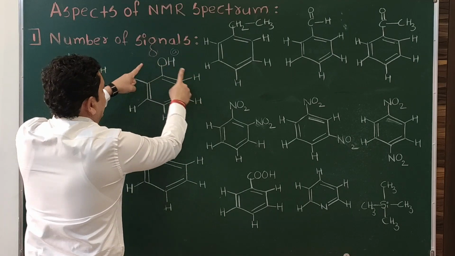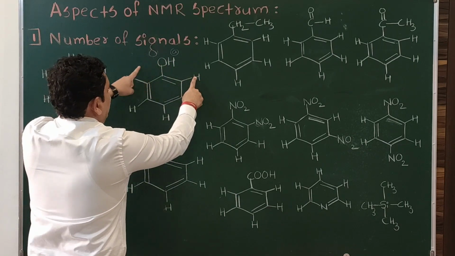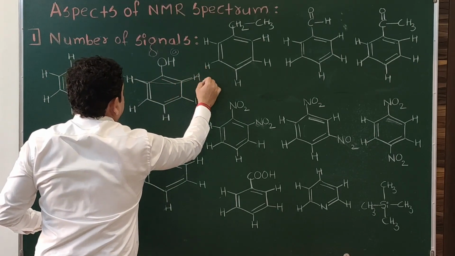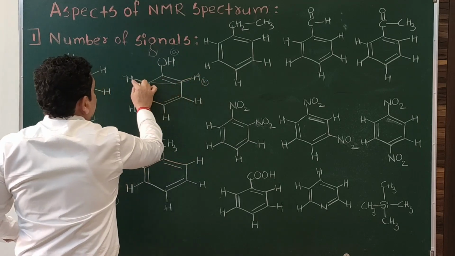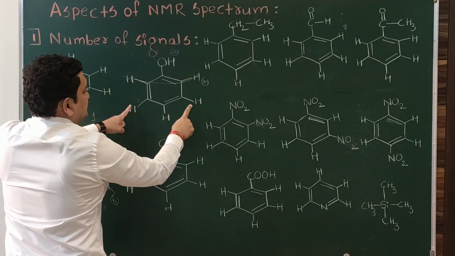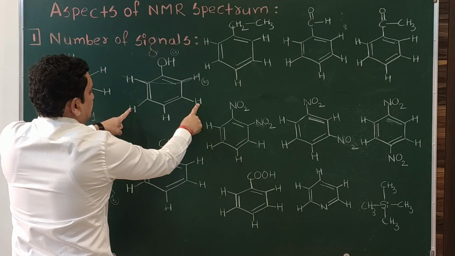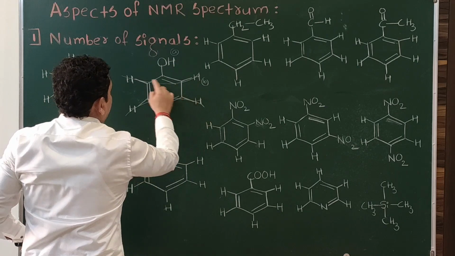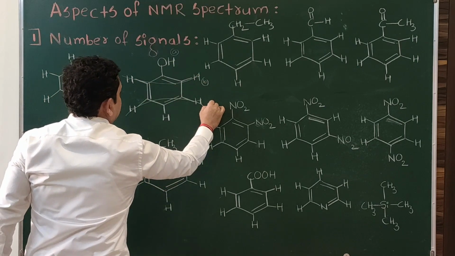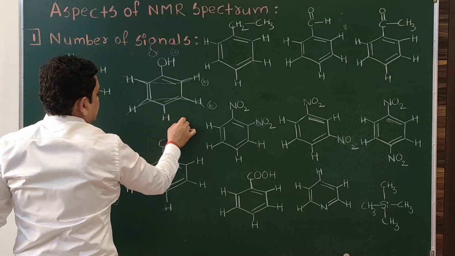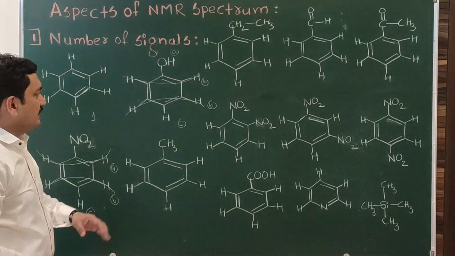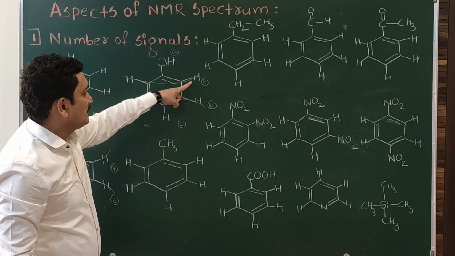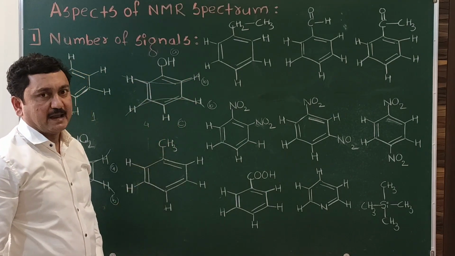This is the OH. Check these 2 hydrogens. OH, identical, H, next H, next H. So these two hydrogens have the same chemical environment. Collectively, they will give the same signal. After this one, we can check this one. Meta hydrogen, same, H, H, H, H, OH, OH. So ortho has given one, meta will give the second signal, and the para hydrogen differs from the rest. That will give the third signal. So we get four signals for phenol: one for OH, second for ortho, then meta, then para.